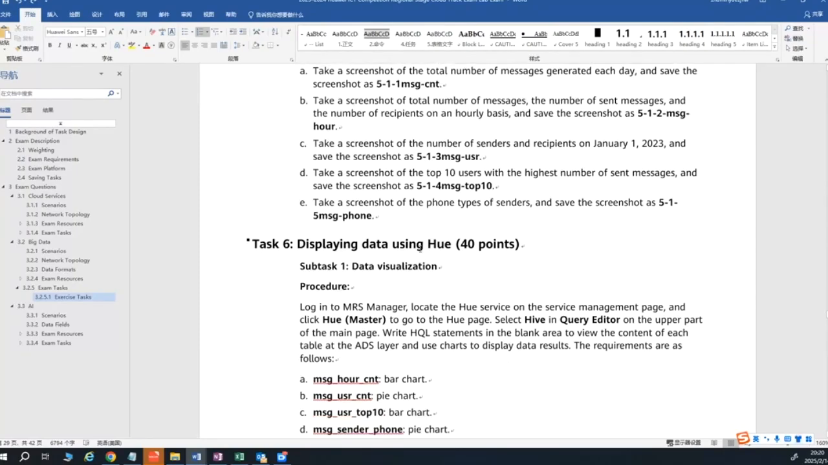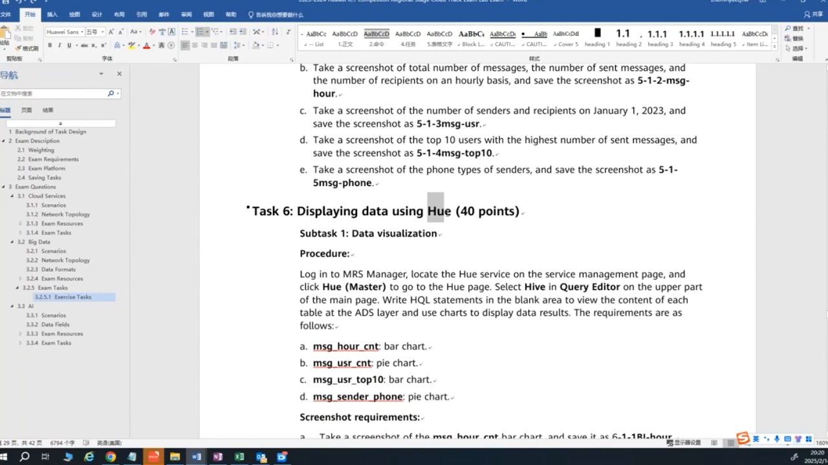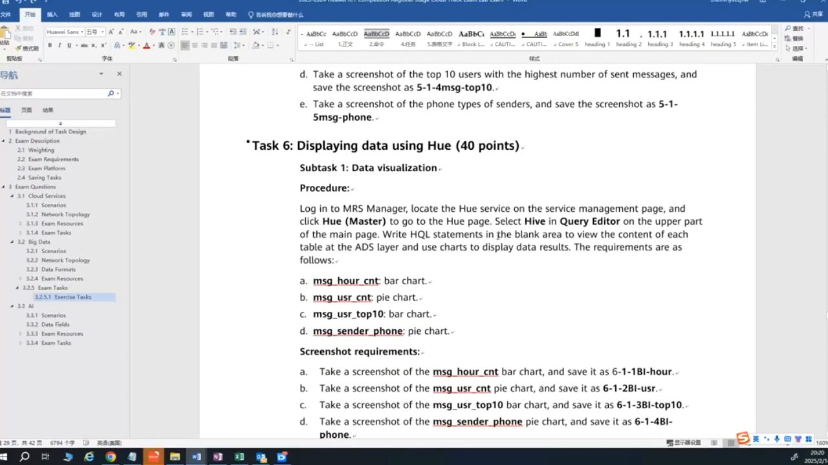Then you can use Hue for the data visualization. And this service we're also using on the MRS Manager. And you need to go back to the Huawei Cloud website and open the MRS console and find the Hue, and then just do as the procedure asks to select the Hive query editor on the upper part of the